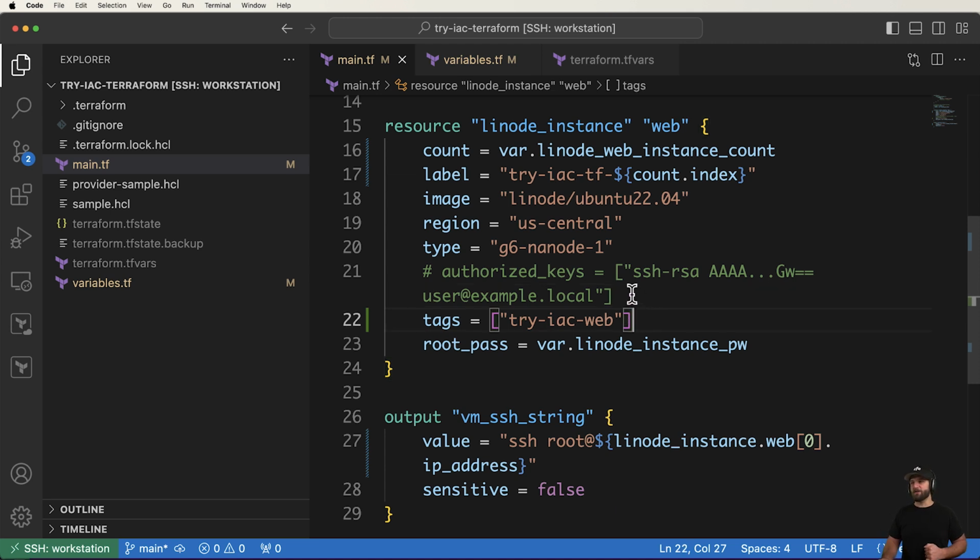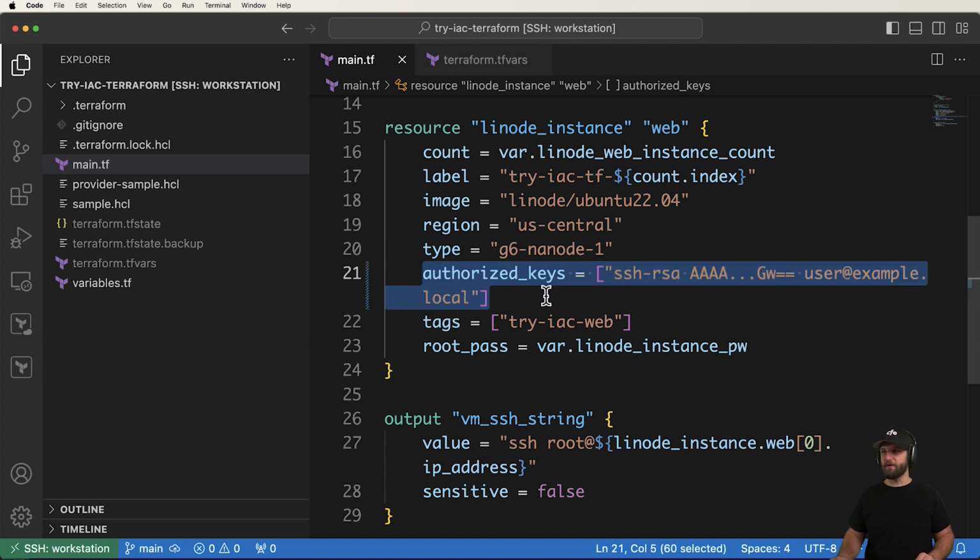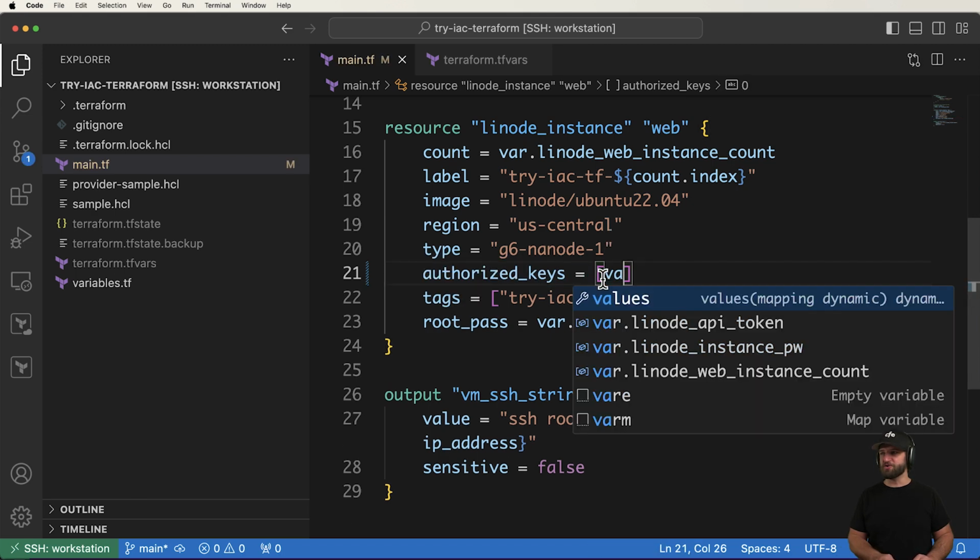Okay, so now what we want to do is take a look at how to actually add in some of those authorized keys, some of those SSH keys by default. There's a couple different ways on how we can do this. The first way I'm going to do it is pretty straightforward. I think you might have an idea of what this might look like, but the idea being these authorized keys, and what I'll use is var.ssh